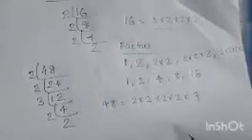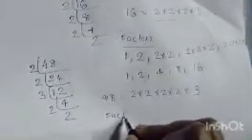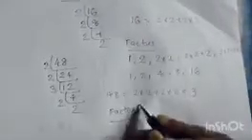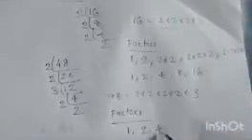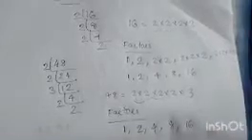Okay, then we need to find out the factors. We need to find out what the factors of 48 are. First, we take only the 2's. First, 1 is a factor of every number. Then considering the first 2. Then the next 2, 2 twos are 4. Then again 4 into 2, 8. Then 16. These are one set of factors of 48.